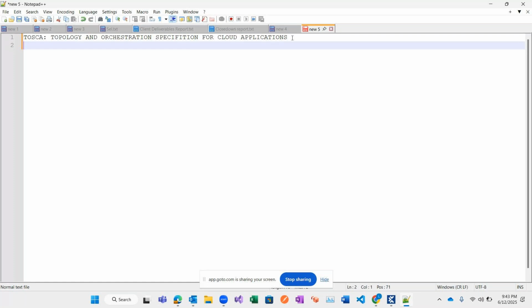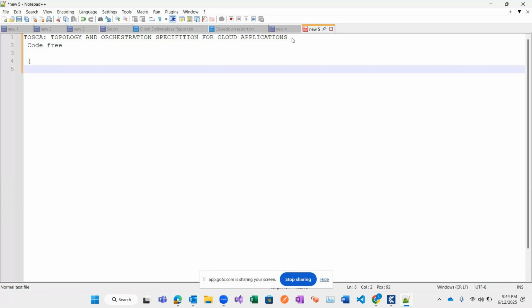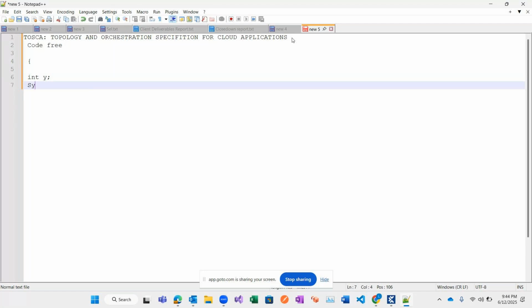Whereas coming to the Tosca automation tool, it is completely code free. So even one single line of code is not required. Code means we are writing the program, like in other programming languages such as Java, Python, C Sharp. Whenever you declare variables, you provide the int, and using system dot out dot println, you are going to print